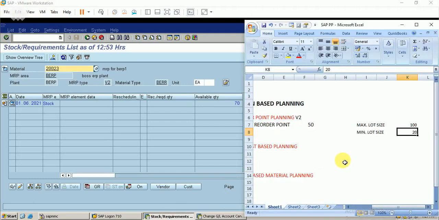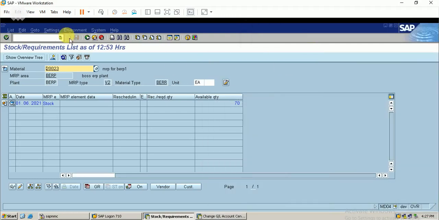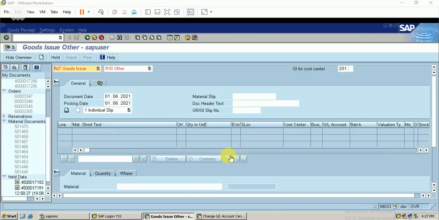So let me perform this operation here. Let me show it. So let me post a goods issue first. So the T code is MIGO. Let me post a goods issue to the cost center. So you can see the goods issue for the material.